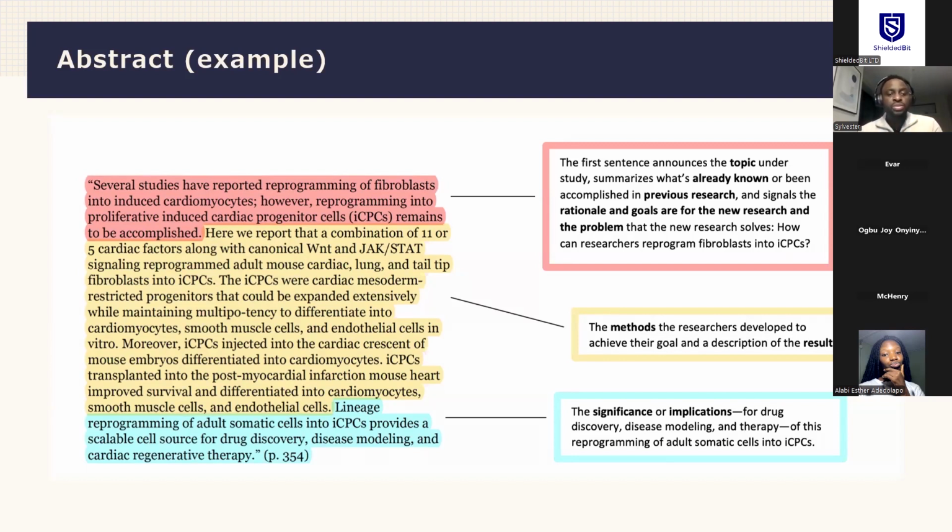However, reprogramming into blah, blah, blah. It's been color coded to show you the elements of this abstract. The first part, which is lightly pink, announces the topic under study. It summarizes what's already known or been accomplished in previous research and signals the rationale and goals for the new research and the problem that the new research solves, which means that the abstract has introduced what is the industry